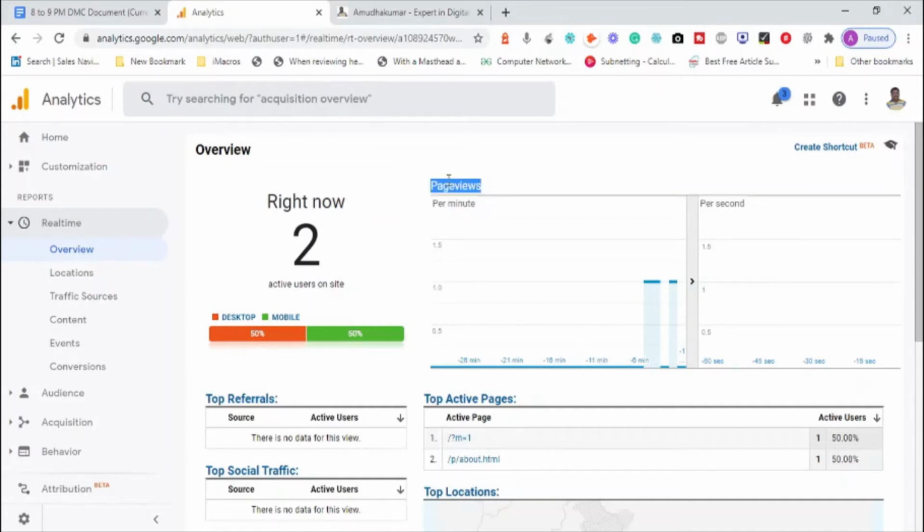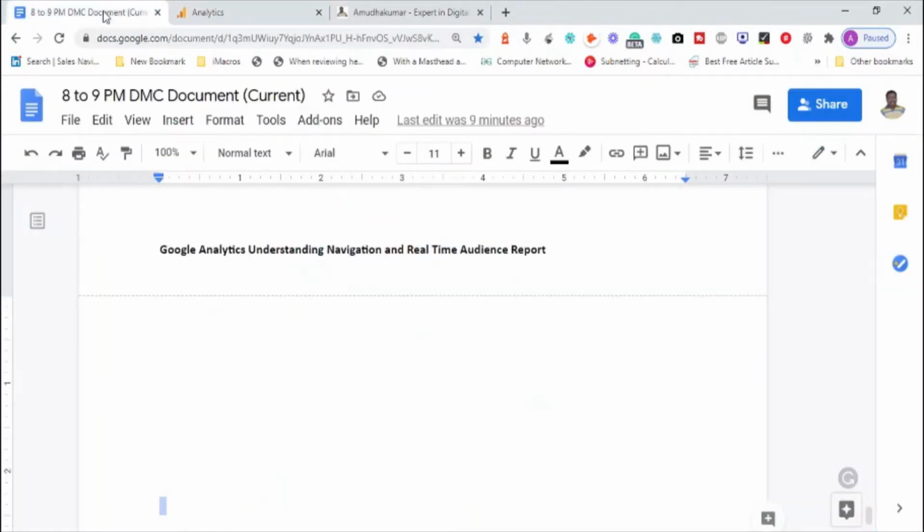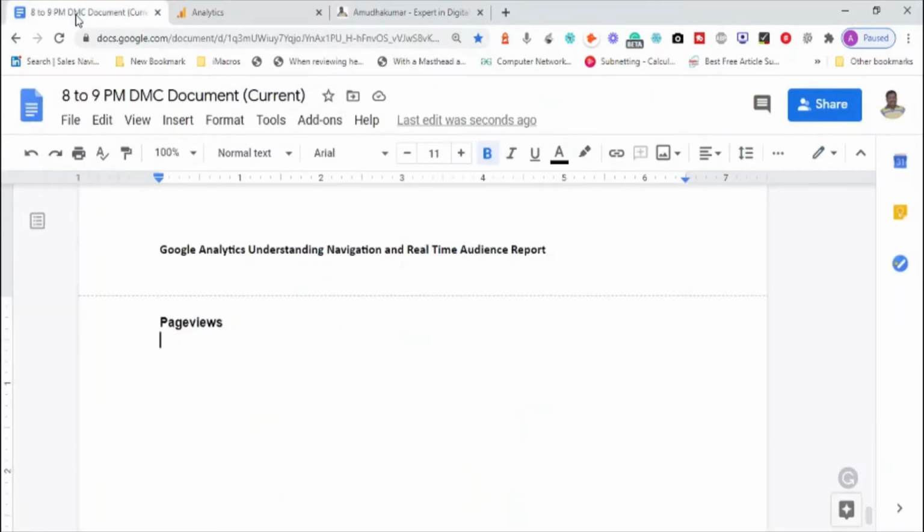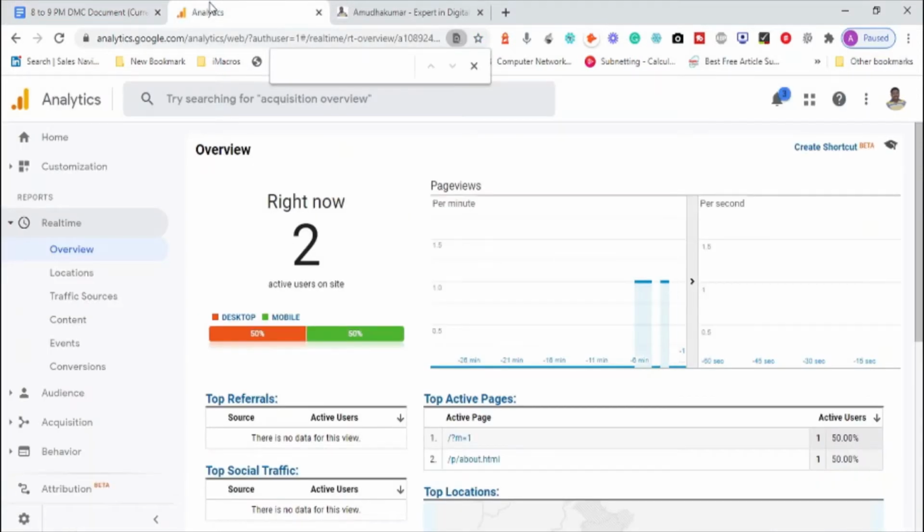So there are a few metrics out there. You must understand what these metrics are. There is something called page views, and another one is referrals, or top referrals. What is the other metric available?